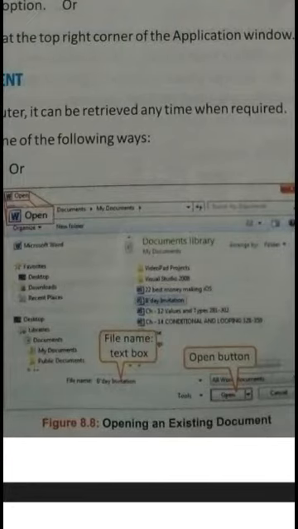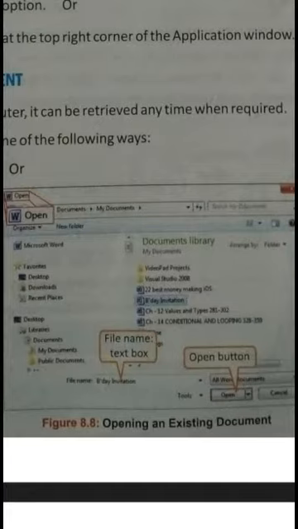The next function in MS Word is opening a document. In the file tab, one more option is here, open. If you click on that, this dialog box will come to you, which is asking the name of the document which you want to open.